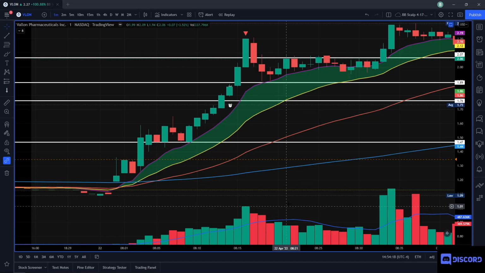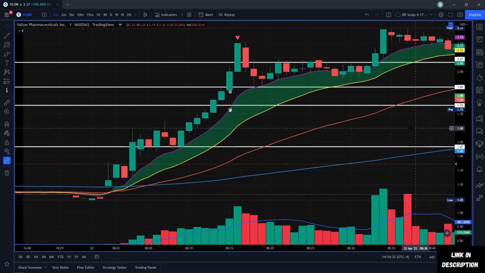So this is a really simple strategy. A lot of people use this. This is a very obvious strategy, but it's simple yet very effective. And keep in mind, there's no strategy that's going to work 100% of the time. It just has to work more than 50% of the time for you to make profits. And the thing is when it does work, you could possibly make a really huge gain in a short period